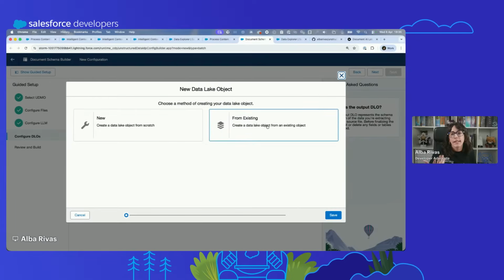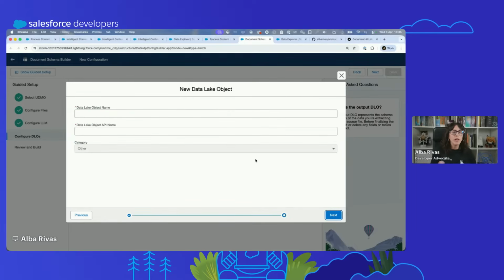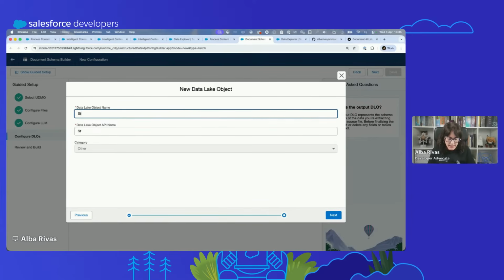So you could use an existing one, but the real power of the tool is that it helps you create not only one structured object, but one structured object and some more nested objects in which you can store all the information extracted from that resume or any kind of document you are trying to process. So in this case, we are going to call the parent object a structured resume,